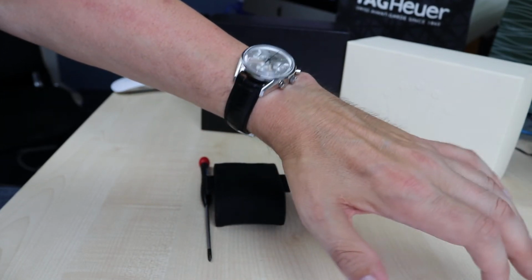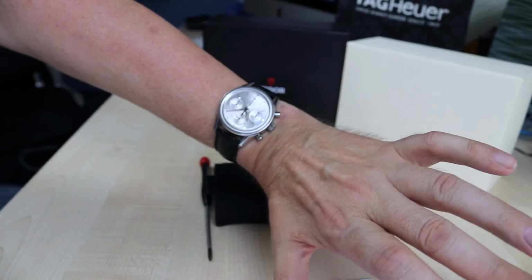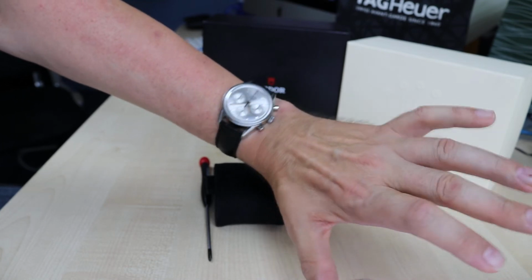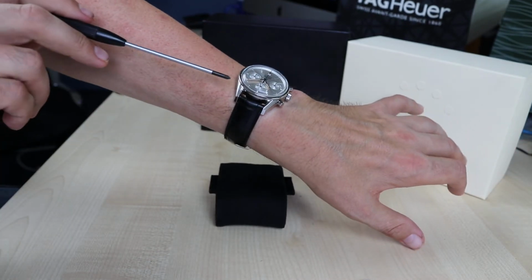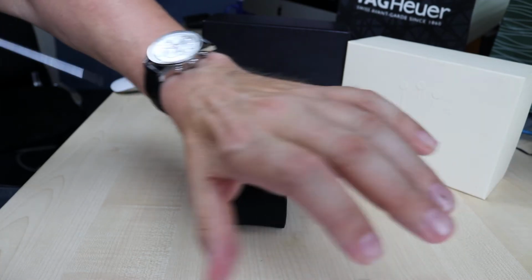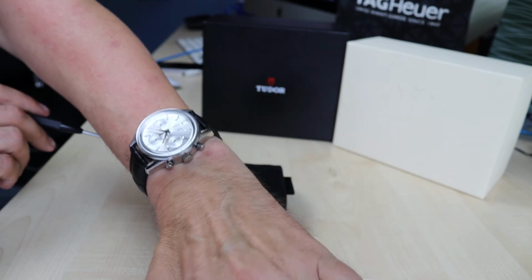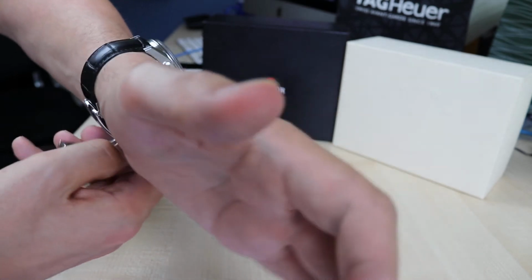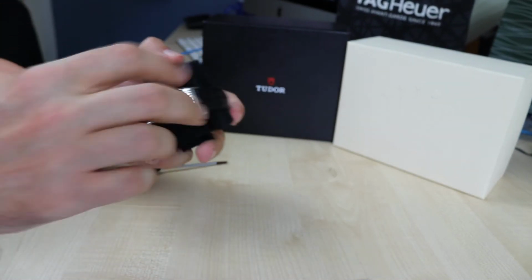But to show you the wrist shots, the watch sits very well. It's a dressy sporty chronograph, very classic. You can see these are classic Carrera lugs protruding. There's a lot of polishing on the case, but the watch looks amazing. The watch looks very good, and I really like it, and I added it to my collection. But let us go into the